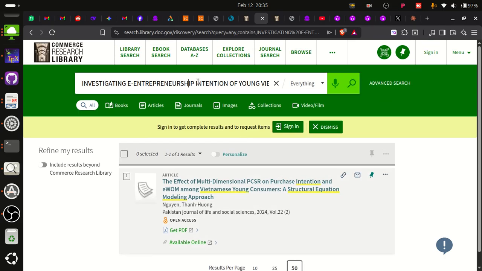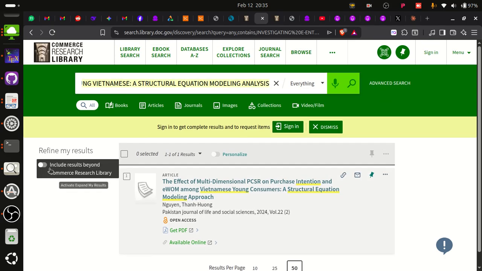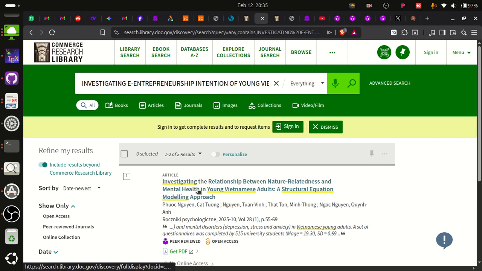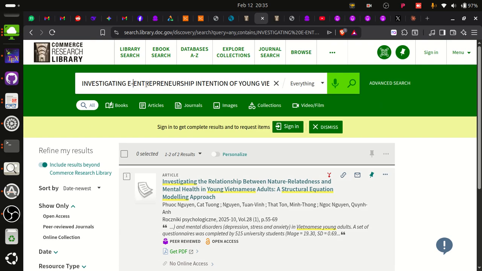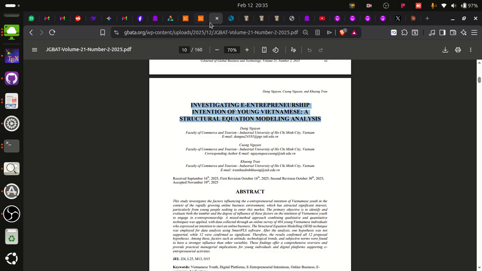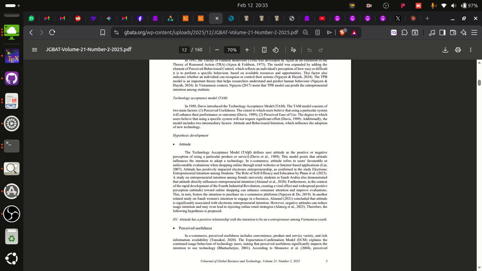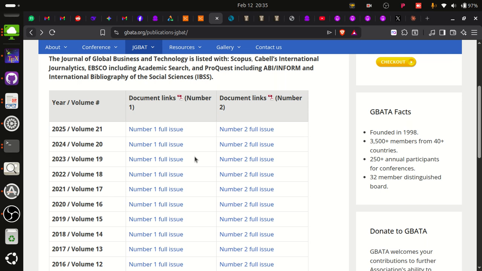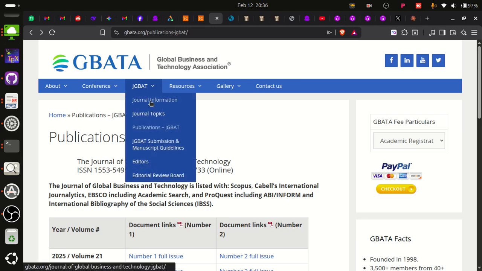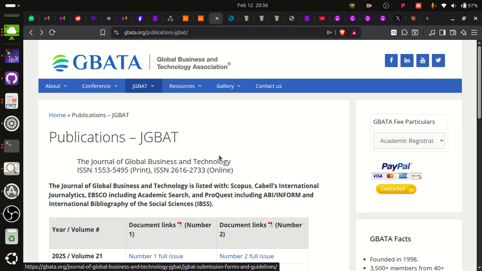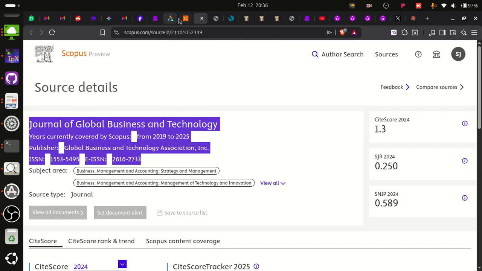No, investigating everything. Now let's go outside. No. So you see, it looks like it is indexed, but it does not show up here. Maybe I'm wrong. Let's try to search for some other, and I find it very strange that they are giving PDF. What about the DOI for the paper? So this looks strange. This looks fishy, but this is how I'm going to search and find out if it's